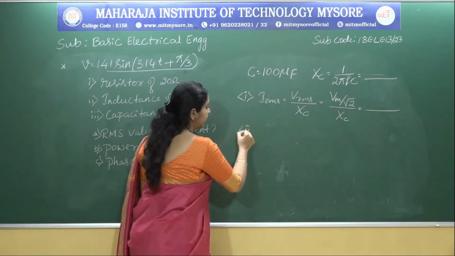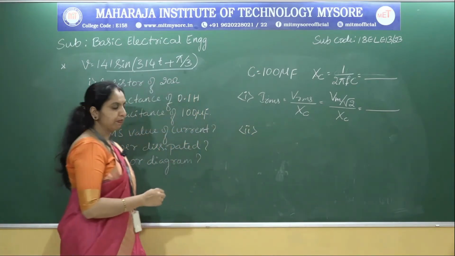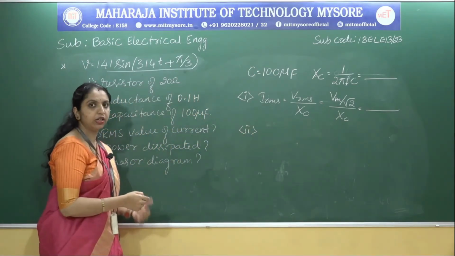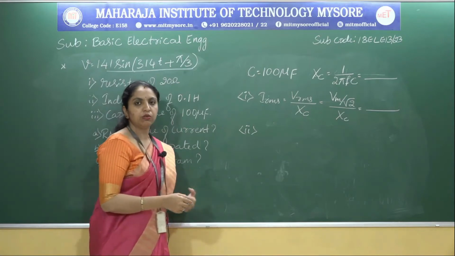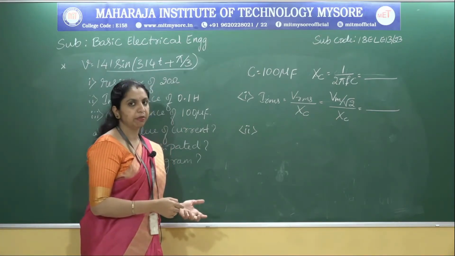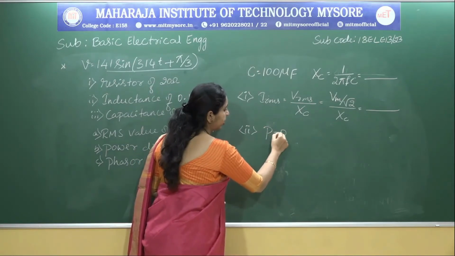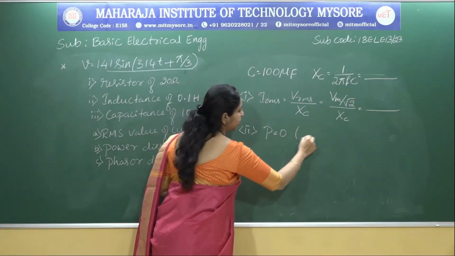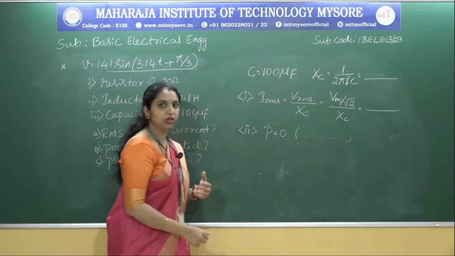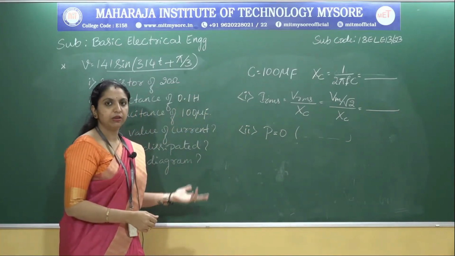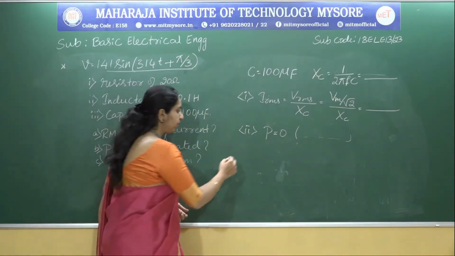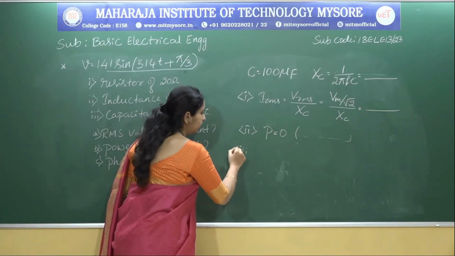And in the second part, again the power dissipated, as I have already explained: there is no power in a pure inductive circuit or capacitance circuit, so straight away you can write P is equal to 0. When you write this, you can mention the reason: since it does not consume any power, we are writing P is equal to 0. And in the third case,